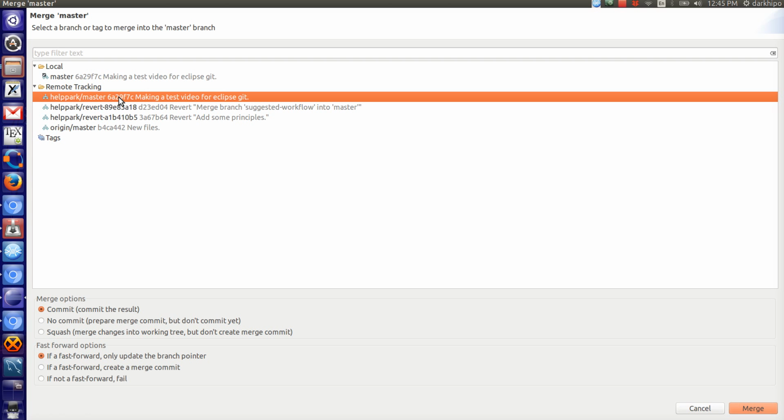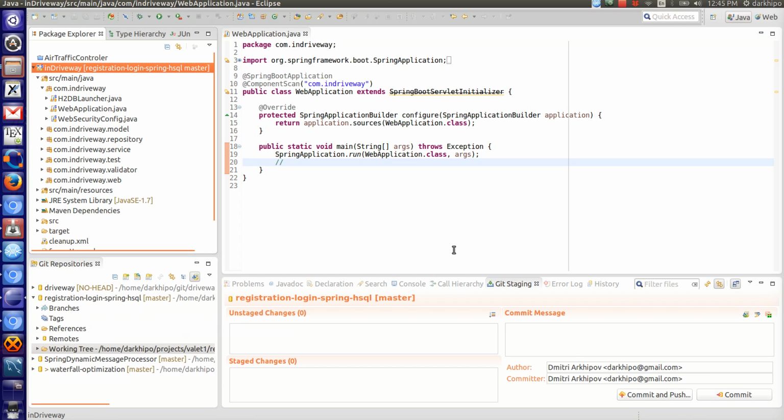I'm going to skip it, I don't want to merge anything. Okay, those are the basics of egit, Eclipse Git for Eclipse integration into Git, or Git integration into Eclipse. Hopefully this was